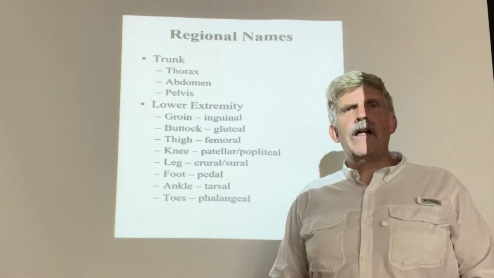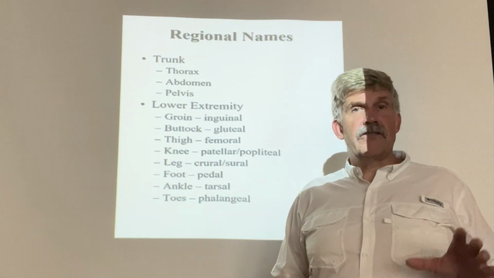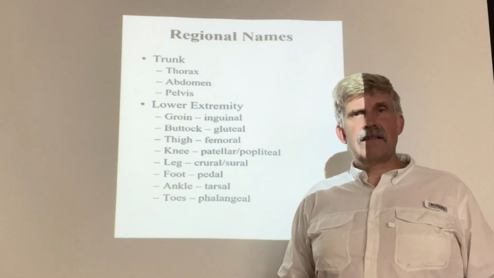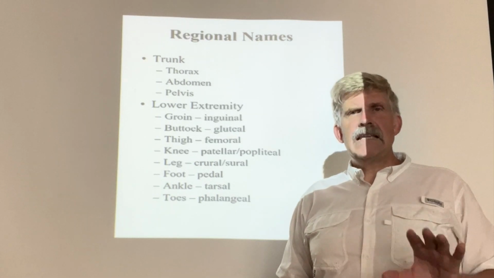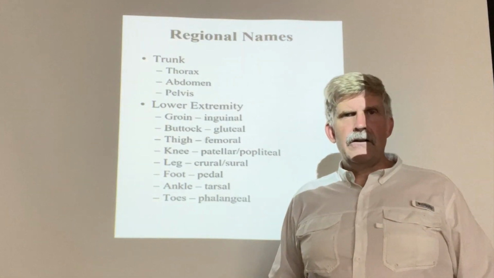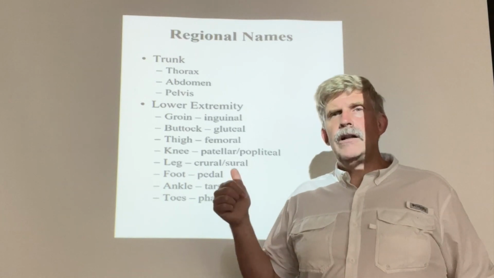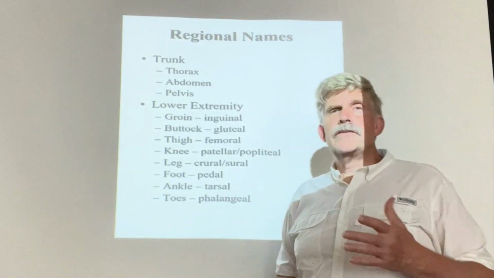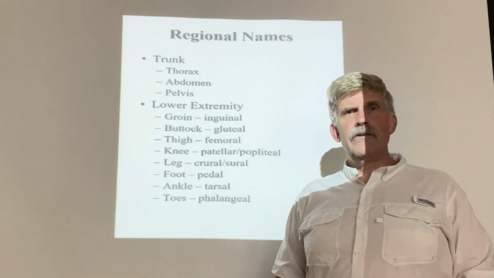So your big toe will have muscles like flexor hallucis longus, flexor hallucis brevis, extensor hallucis longus. So anything that's hallucis will be your great toe, and that will be on your foot. And pollicis, that will be your thumb, and that will be in your hand. So from these regional names, we will go to